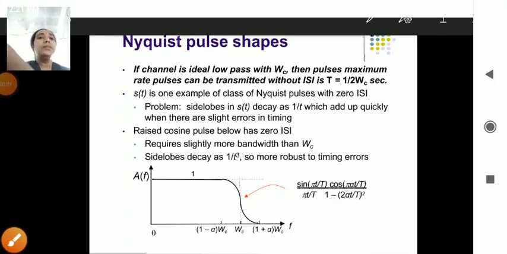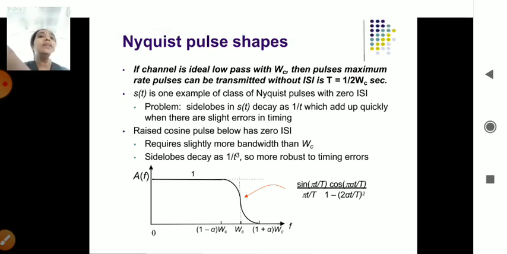Hello everyone. Today we'll be discussing the Nyquist pulse shapes which you had learnt in the previous session. As we had learnt in the previous session, what do you mean by Nyquist pulse? It's a pulse which is carried out when information is being transferred over any cable. When the information is being transferred on any cable,